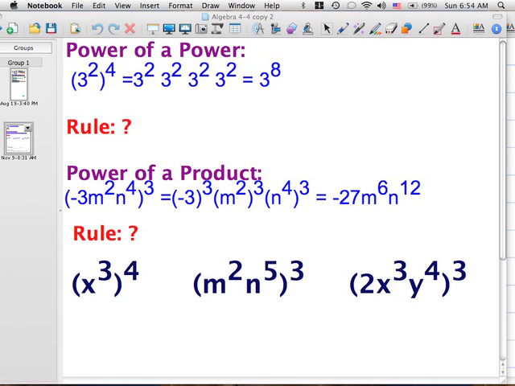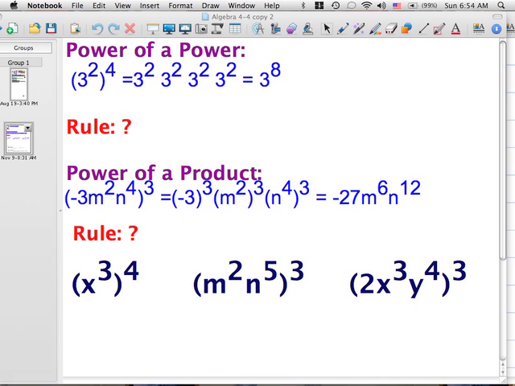We're working with taking a power of a power. The example here has 3 to the second power taken to the fourth power. Remember, an exponent tells you how many times you use the base, and the base is 3 to the second, so we use it 1, 2, 3, 4 times. And each one of those is 2 3's. So if I add them up, I get a total of 2 plus 2 plus 2 plus 2, which is